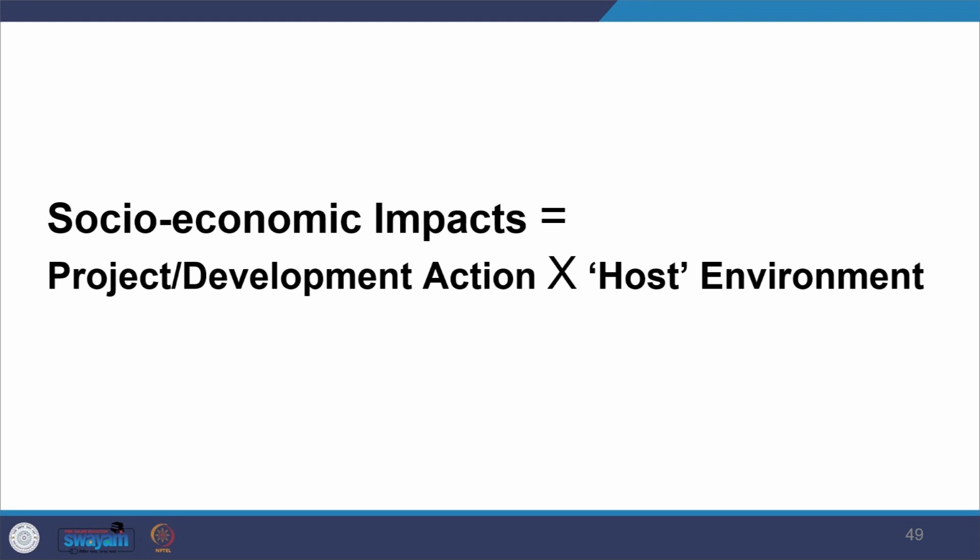It is important that you try to collect data on both these aspects: the project activities, the character of the project, and the character of the host environment, and how those are going to interact. So you need to collect that data and see what will really happen. That is what is targeted as the baseline